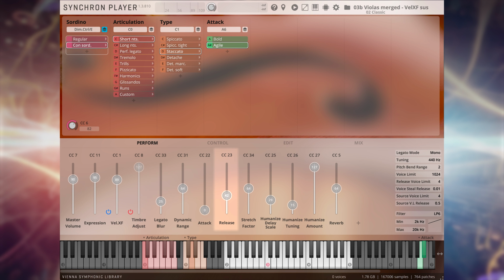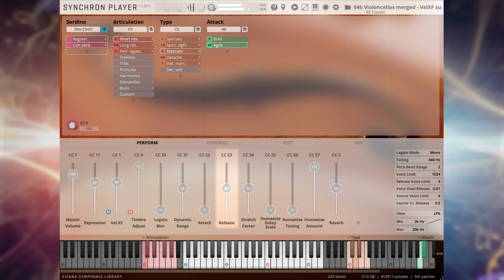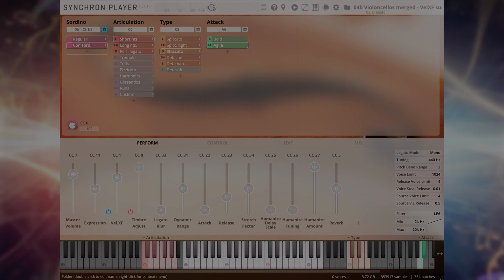Also, don't overlook the release controller, which can help you fine-tune articulations, as I did in this mockup with the staccato articulation playing the main ostinato pattern. Keep in mind that these controllers apply to all VSL libraries, so I encourage you to play around with them to find what suits your workflow the best.